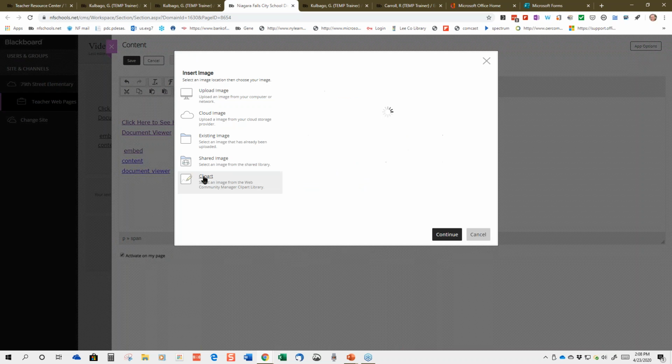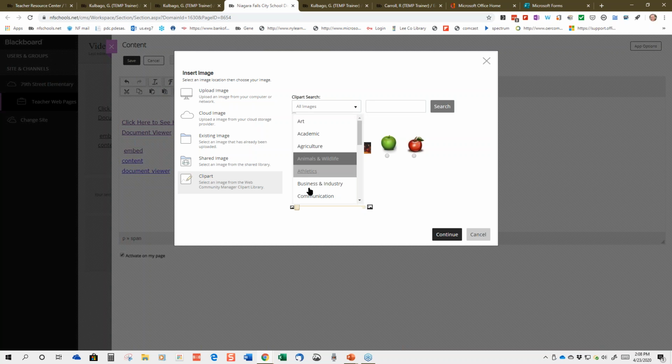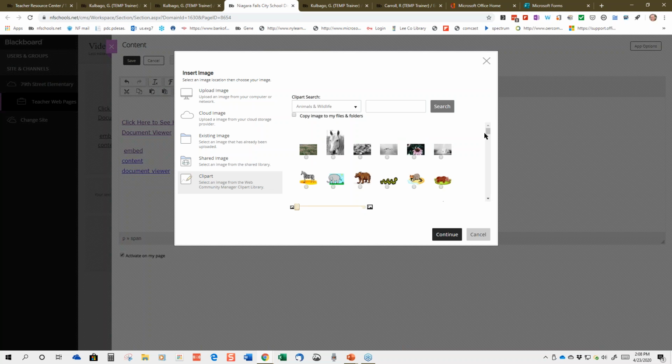It says clip art. There's an awful lot here. The first thing you're going to see is Apple for some reason, and it just shows you Apple, so I recommend you get rid of that. Now, under the clip art search, it says all images. Okay, you can go down here and select various topics. Let's just select animals and wildlife, and then we would click on search, and we would be given